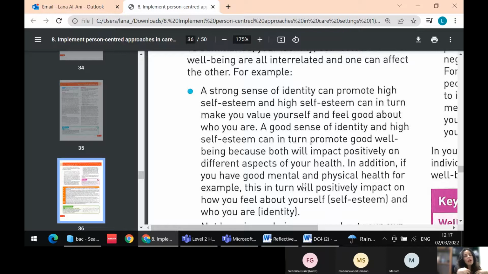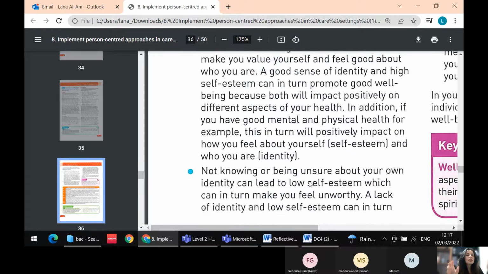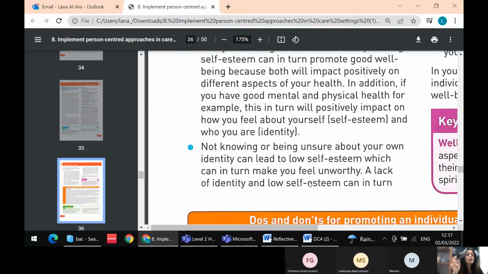Why? Because you're very proud of yourself about what you achieved. So your mental health wouldn't suffer. Your physical health is still the same. While if you feel very low about yourself, you haven't achieved much in life, you haven't done anything in your life, you would not feel good, and then this will reflect on your mental health, on your well-being. You might get illnesses because you keep thinking about why you didn't achieve this, why you didn't achieve that,